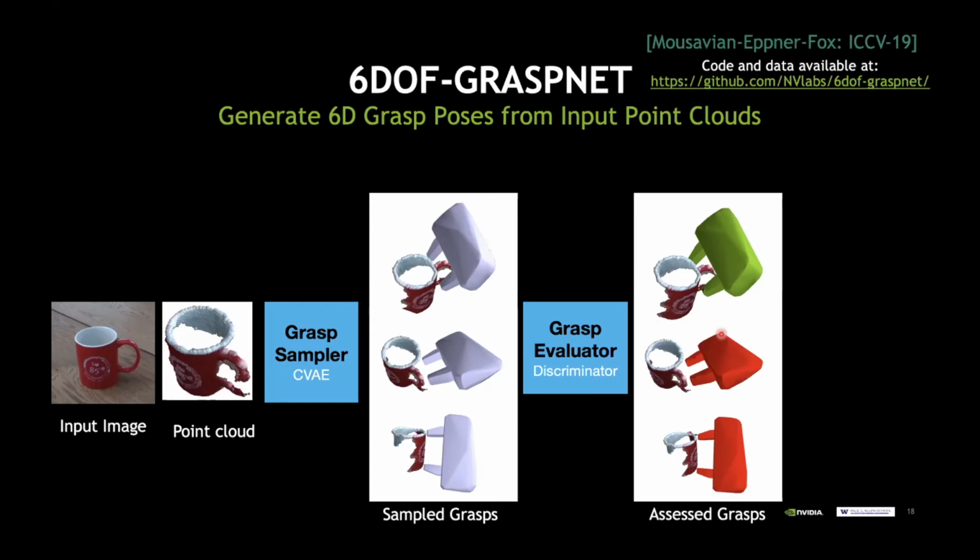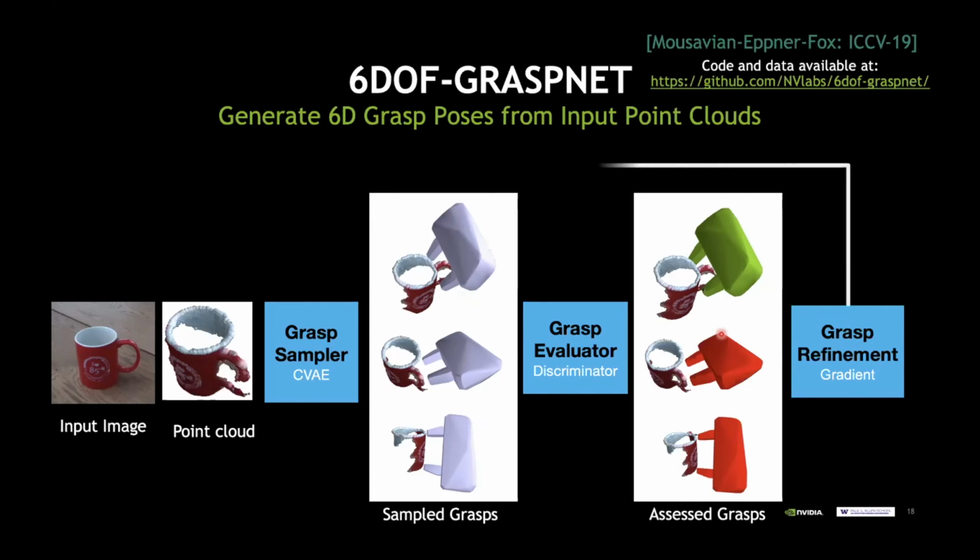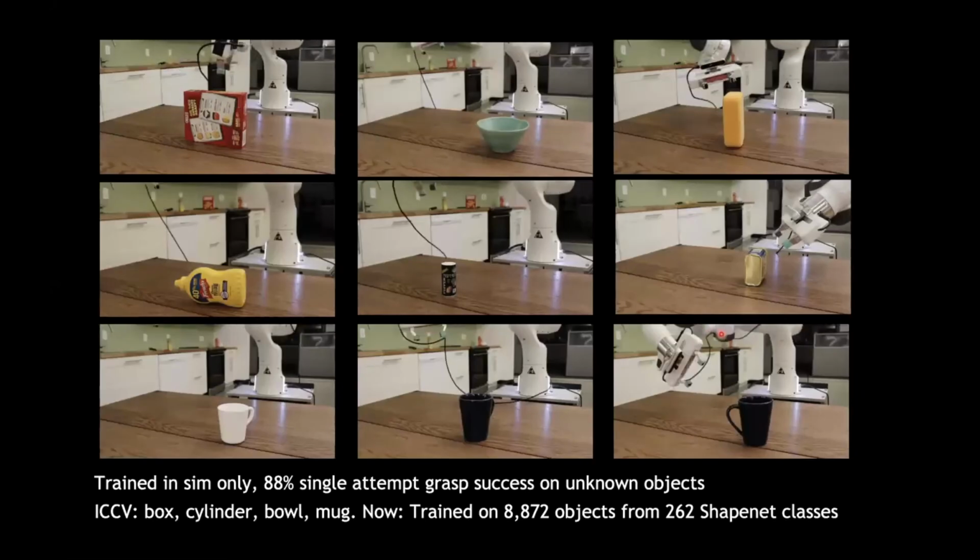Since this is a deep network, of course, the nice thing is it's differentiable, which means we can actually take that network and differentiate through it, compute the gradients with respect to success, and can actually refine grasps through this deep network, which means the deep network will take grasps and refine them in order to increase the probability of success. Okay, I'll encourage you to go to the website if you want to know more about the details of that. Okay, so this is how this now works.